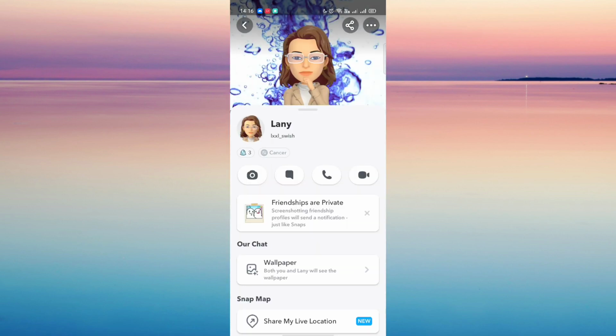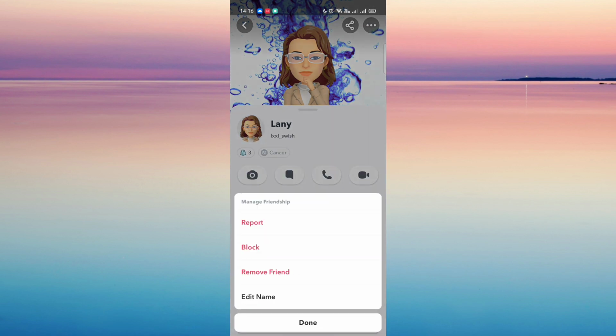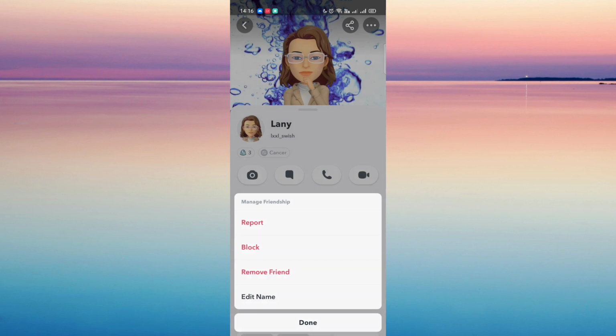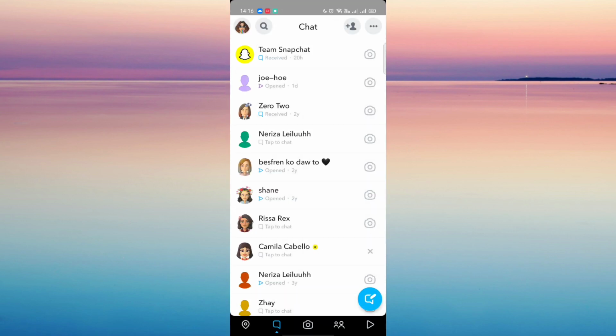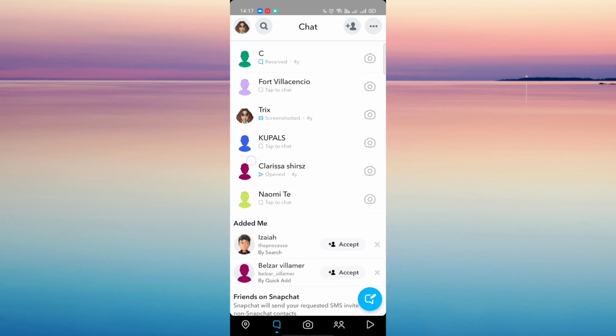So we're gonna see their profile. Then let's just click the settings up here again. Then click manage friendship. Then simply click block. So once you accept it, just click block, and then you can never send them any snap message or call them again. So we can see here that the account is gone and you won't be able to send them